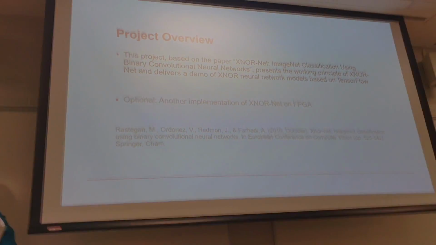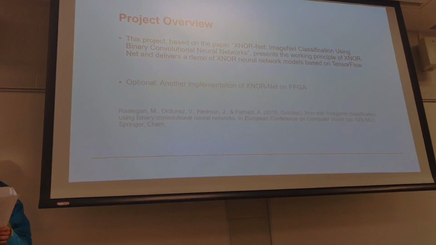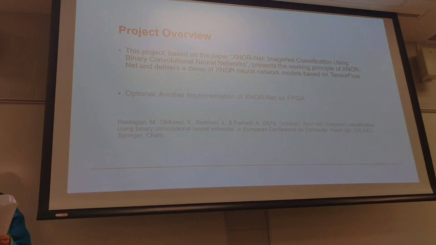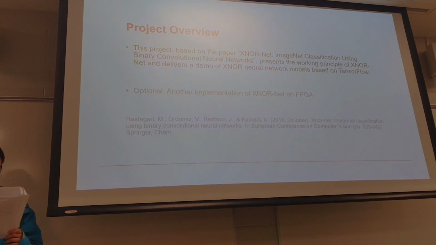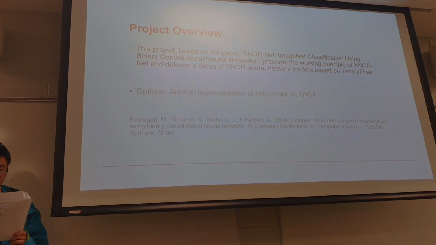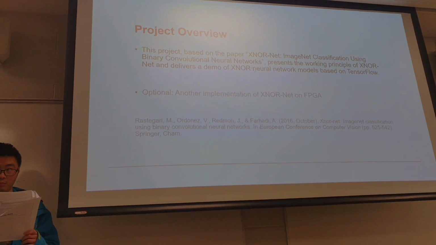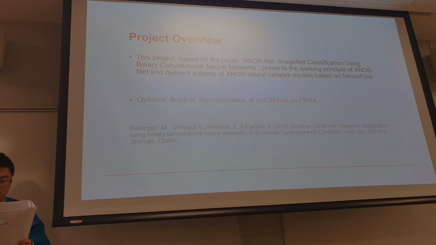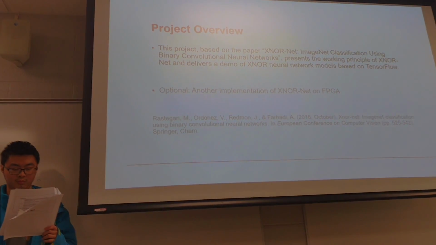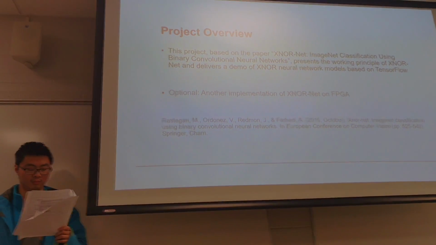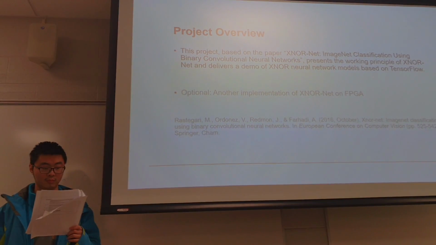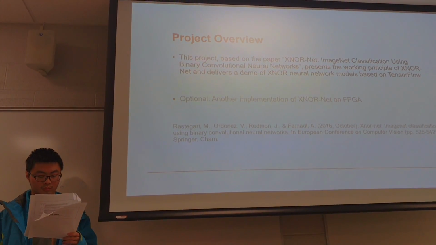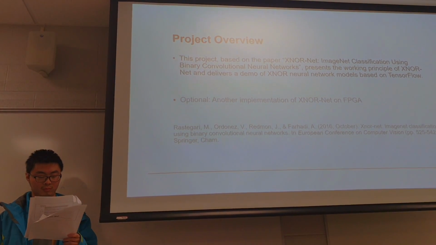Okay, here is the overview of our project. The idea of our project was based on the paper, which is the same as one of the last group's, XNORNet ImageNet Classification. The paper illustrated the principle of XNORNet and implemented an XNORNet to significantly reduce the consumption in memory and computation. Then we expanded the idea: why not try some existing neural network framework to implement this,